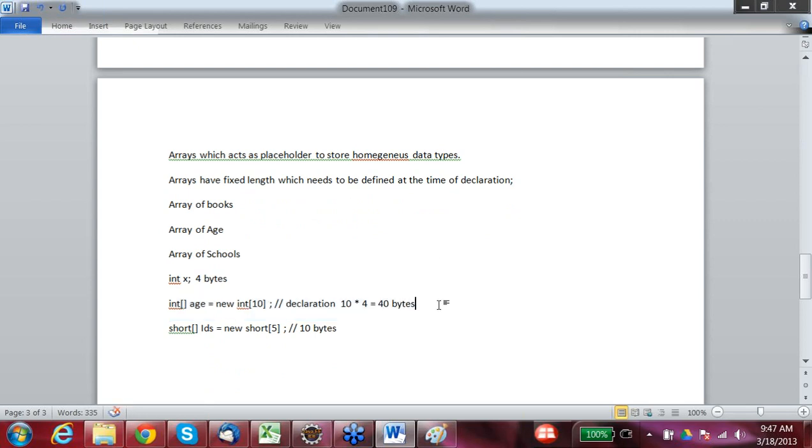So we are declaring the array and preserving memory. So is my job finished? No, my job is not finished. My job is not done yet. I need to give values to this array, right? So how to access the various elements? If there are 10 people whose ages I have stored, I need to give the values.